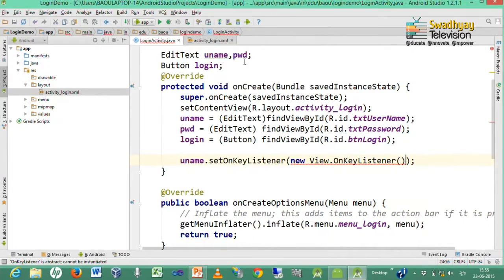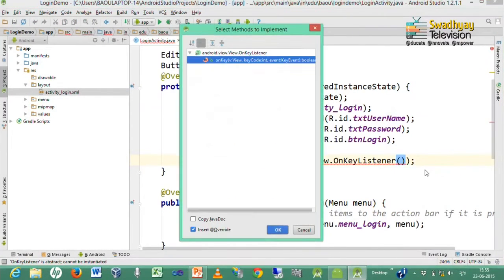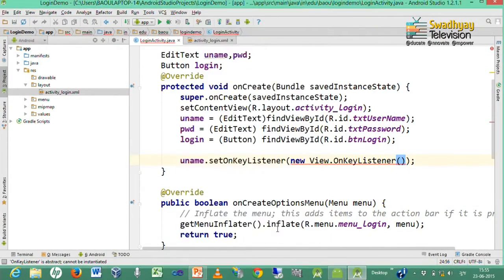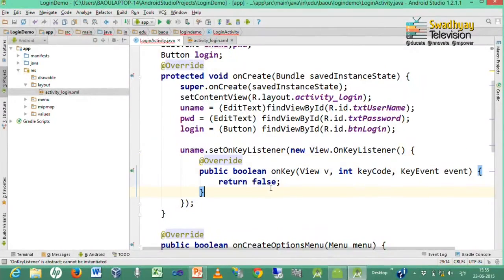Here I press Alt+Enter. It will ask me to implement methods and I give OK. It will implement the onKey method for me. Here you can see there are three arguments: view, keyCode and event.